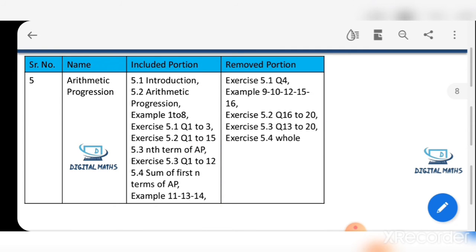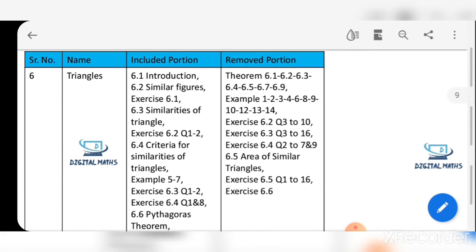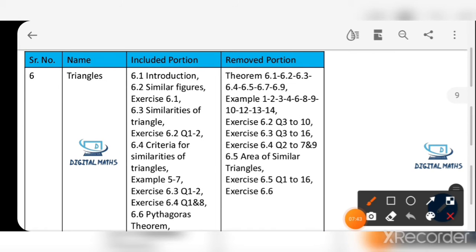Now we have to see chapter number 6, which is the included portion and which is the removed portion. First, we have to see the included portion. Introduction, similar figures, exercise 6.1, similarity of triangles, 6.2, questions 1 to 6.4, criteria of similarity of triangles, examples 5, 7, exercise 6.3, question number 1, exercise 6.4, questions 1 to 8, 6.6, the Pythagoras theorem is included,